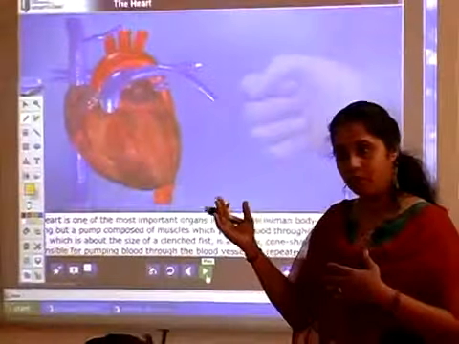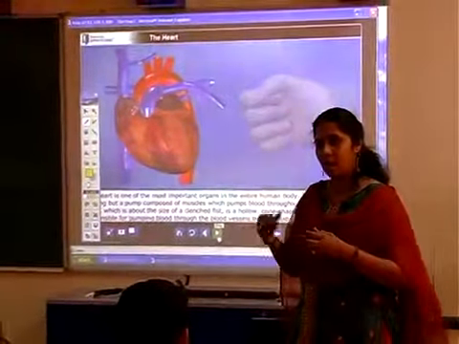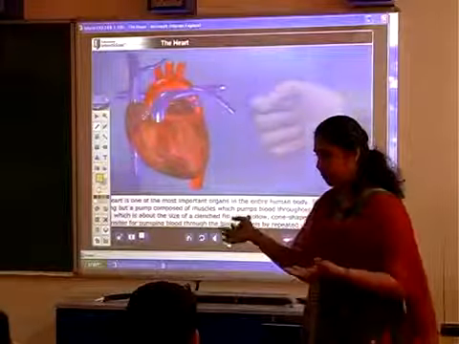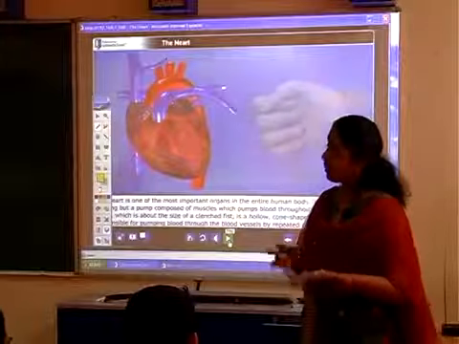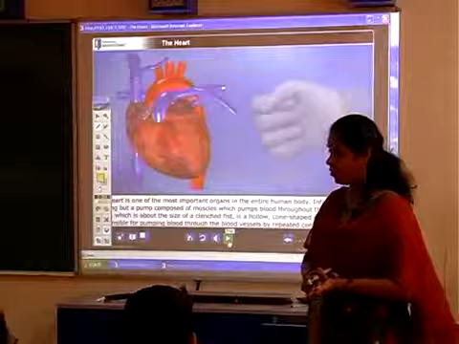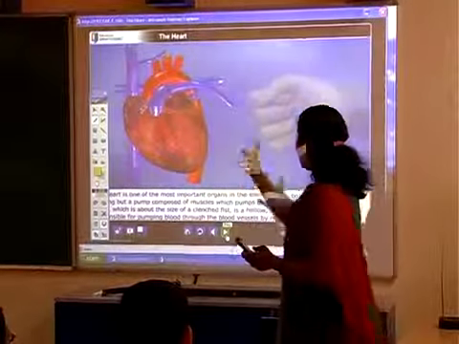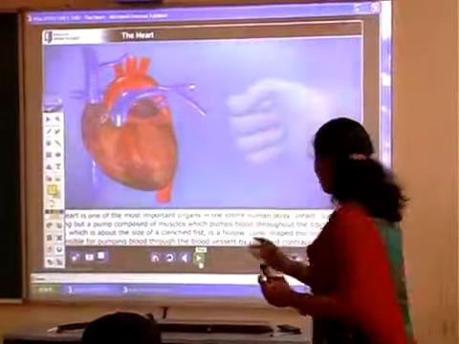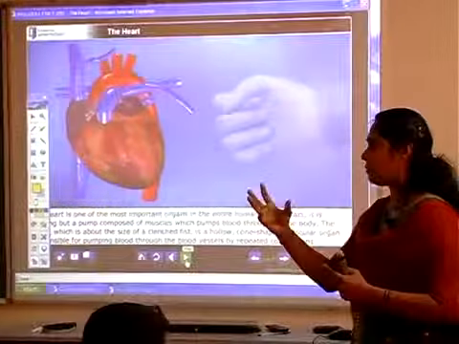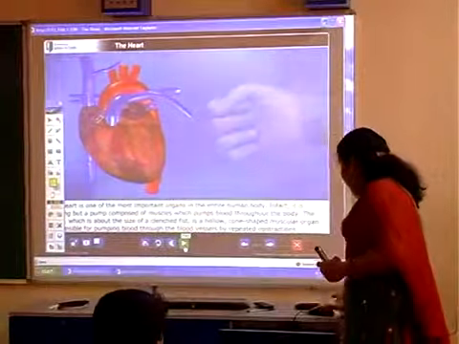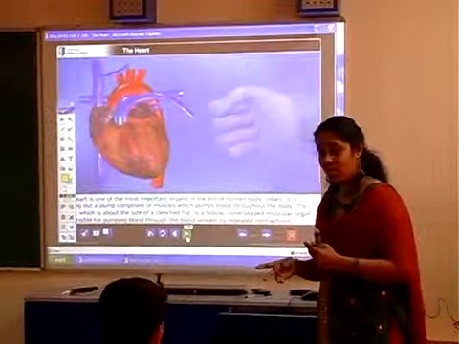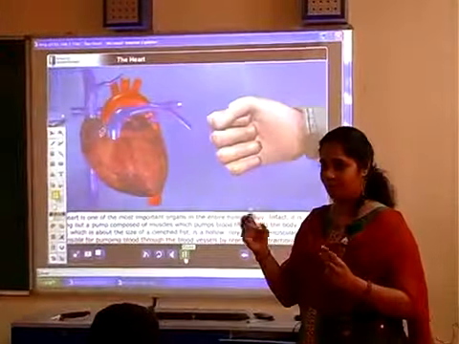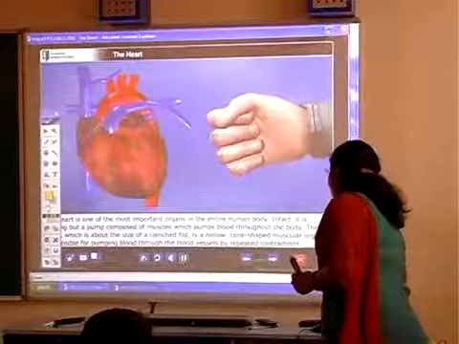Now you have learnt about different types of muscles: striated muscles, unstriated or smooth muscles, and cardiac muscles. Cardiac muscles are a special type of muscle which has striations, but at the same time is involuntary in function. So they are specialized muscles and they pump blood. You have repeated contractions and relaxations. I can just show it like this with my hand, since I cannot go into dissection, which is against PETA, right? So we can use this, and you can see how it contracts and relaxes.